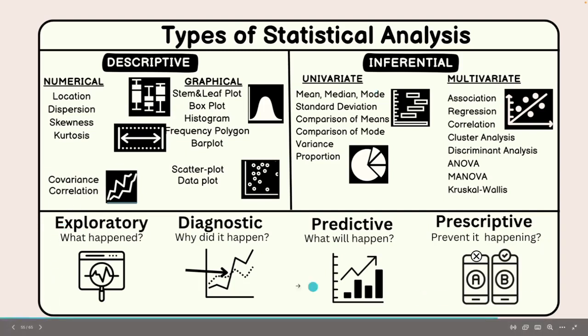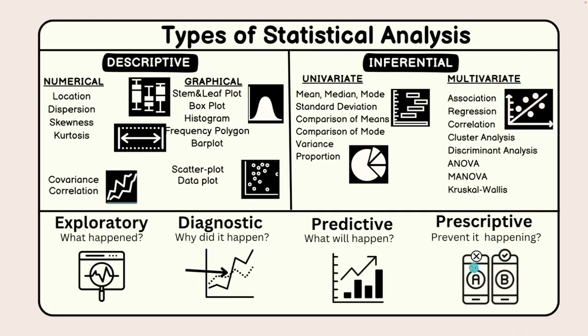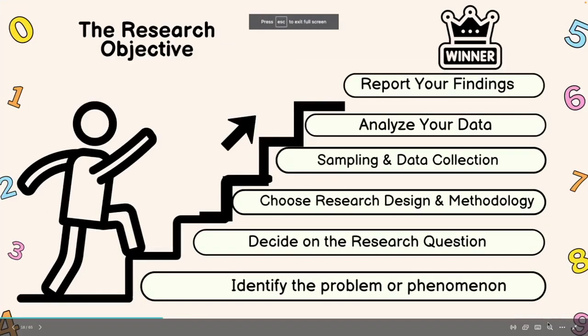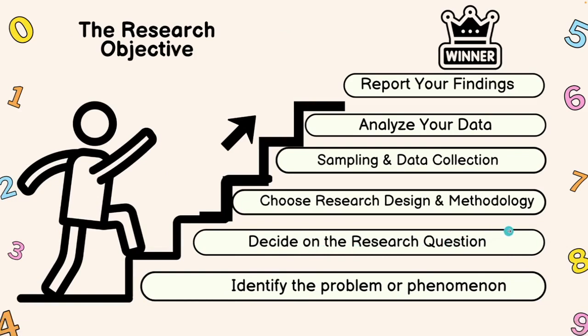And I won't go into details in any of them because this is what we will be covering in the live classes, right? But when it comes to statistics, there are two main groups: the descriptive statistic and the inferential statistic, right? And so when we think about the process, remember, this is identifying the problem, deciding on your research question, choosing the design and the methodology, whether it's a quantitative or a qualitative. What kind of question are you